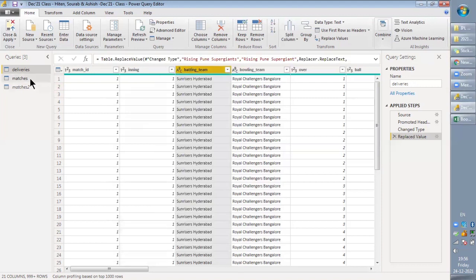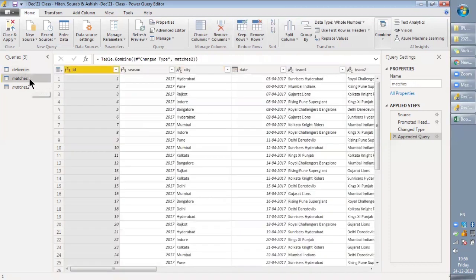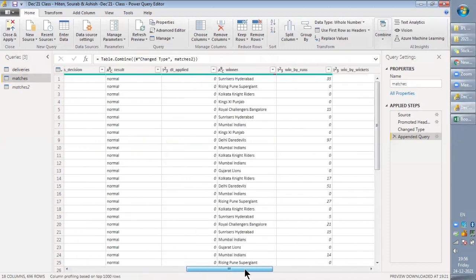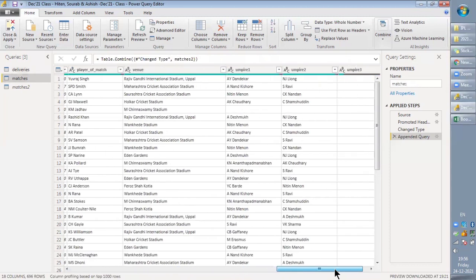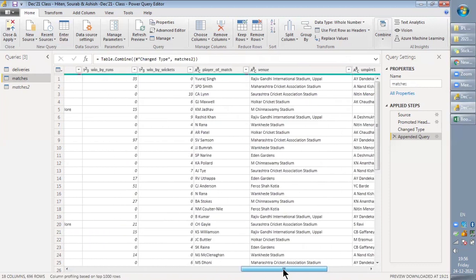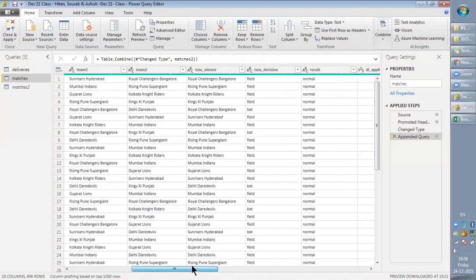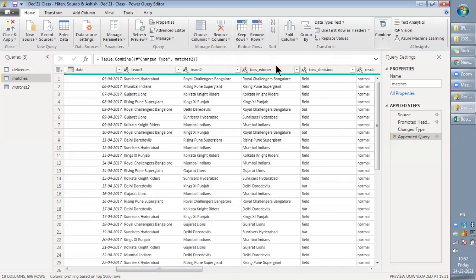Let's do the same thing in the matches query or table. You can see we have just 4 columns here. Let's select this and select this as well.